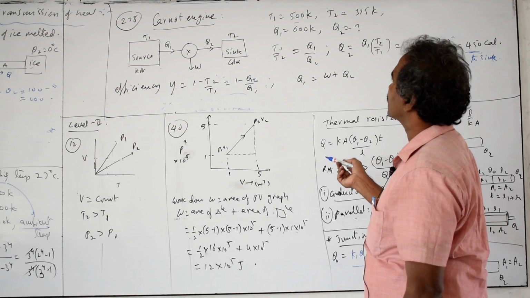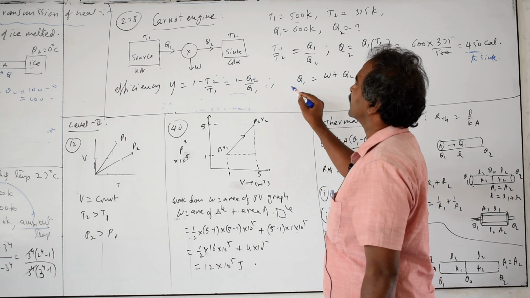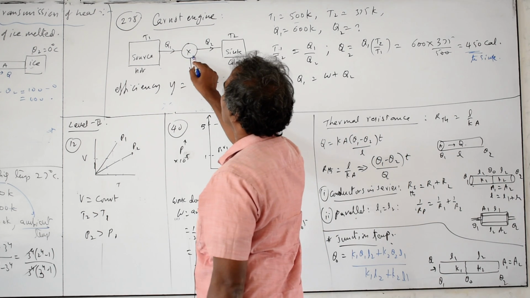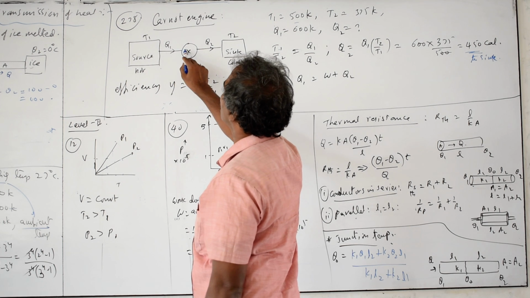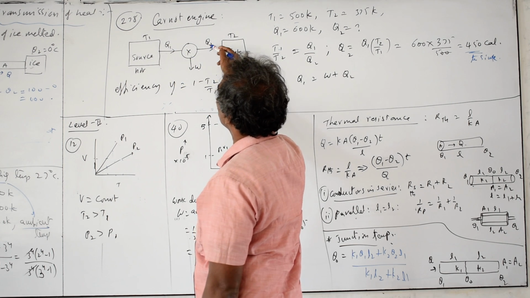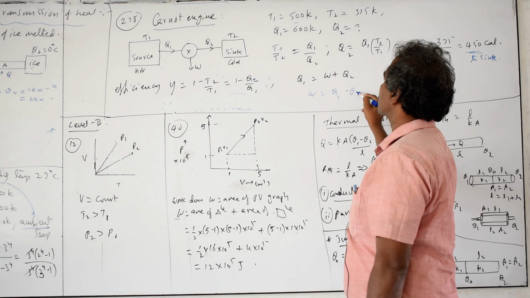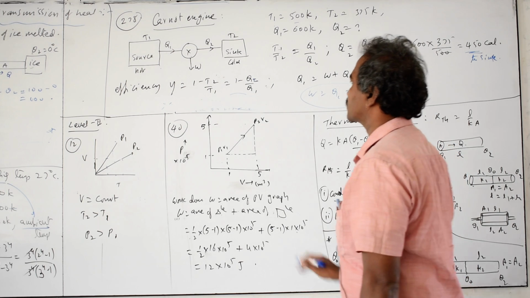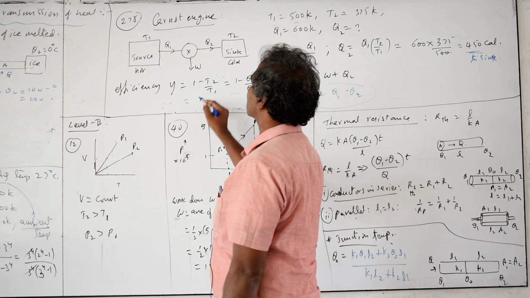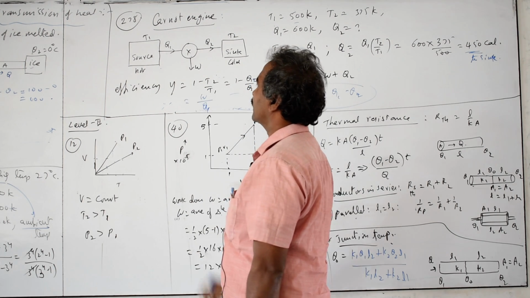And sometimes they will ask what is the heat given or work done. Work done is from the heat taken into the working mechanism, which is generally a piston cylinder system for machines. Heat absorbed Q1 is equal to W plus Q2. Work done W is equal to Q1 minus Q2. They may ask in this way also. And efficiency is always output by input. Output means how much work is given out, and input is how much heat is taken in. That is based on the efficiencies.